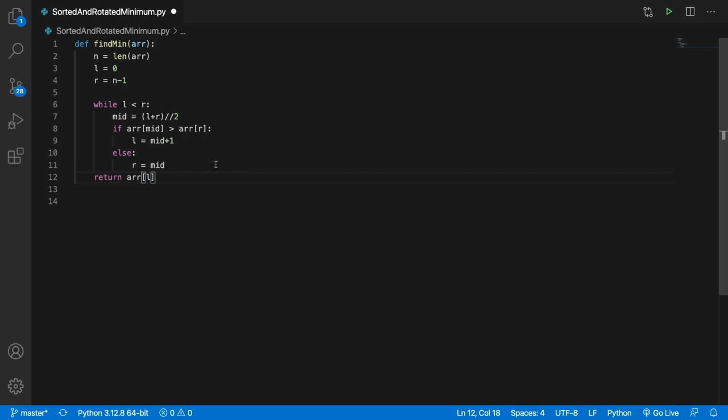Talking about the time complexity, as we discussed, it is going to be order of log n, right? And since we are not using any extra space over here, it is going to be constant. It will be order of 1,